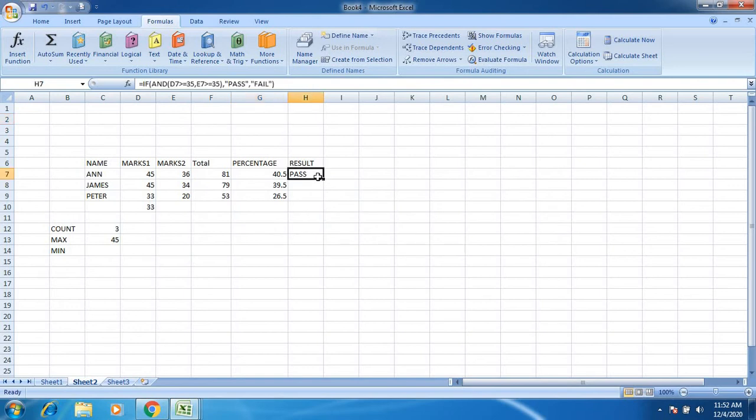So this particular person has passed because his marks are above 35. Just drag this out, and we'll get the remaining results.